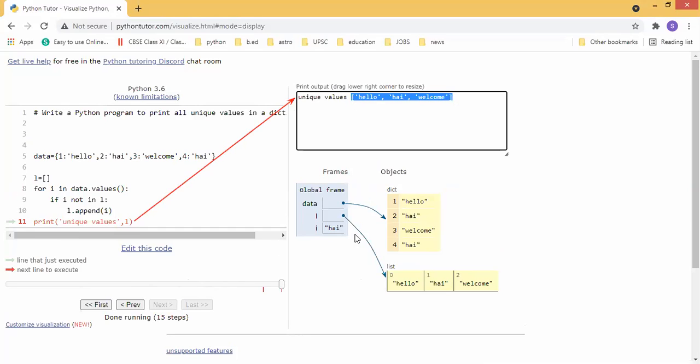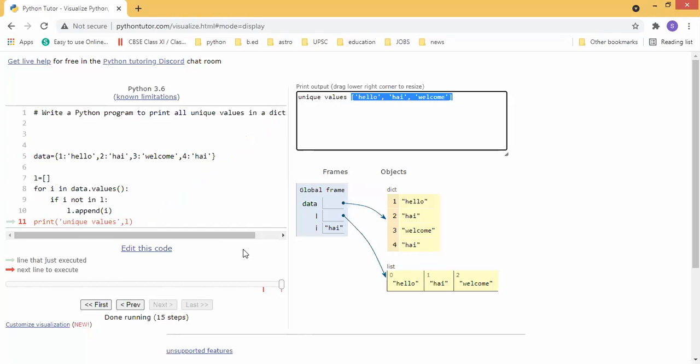Understood? Okay, so the same question they will ask in a different way. That is, write a program to remove the duplicate items from a dictionary. Remove duplicate values. If they mention duplicate values or duplicate items, it will always mean only the values, because keys are always unique. Students understood? Keys are unique.